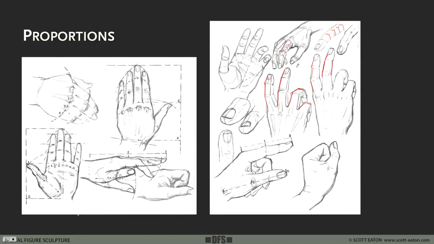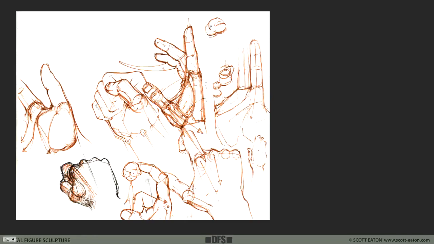So really, drawing is invaluable for helping to understand hands. So if you're struggling with your hand sculptures, I encourage you to get back to first principles and really look at your hand and draw it. It can be your hand, it can be clippings out of newspapers or magazines, anything. There's so much information to be learned about the proportions and just the functionality of the hand by drawing. Here are just a couple of pages out of my sketchbook of some hand studies that I do,